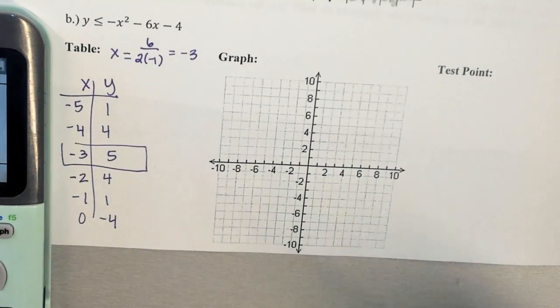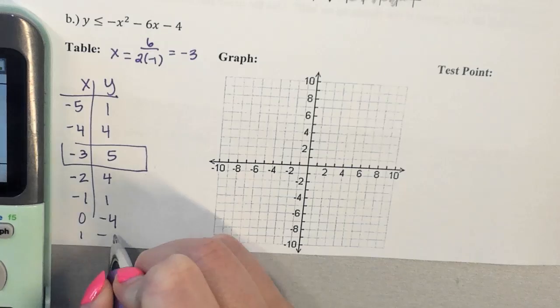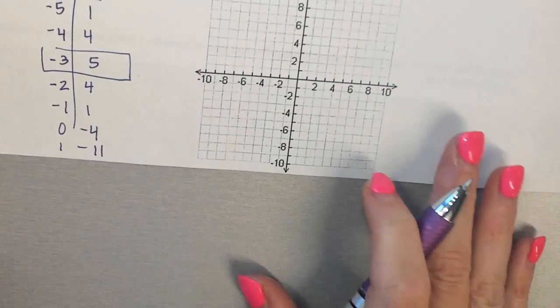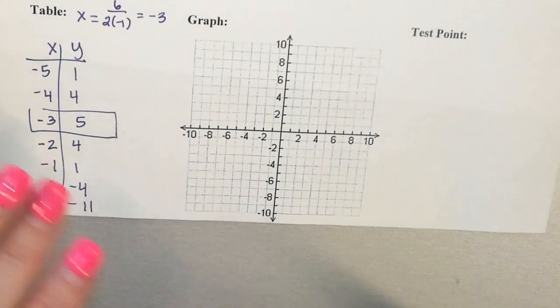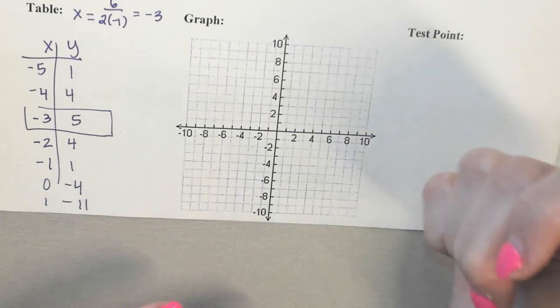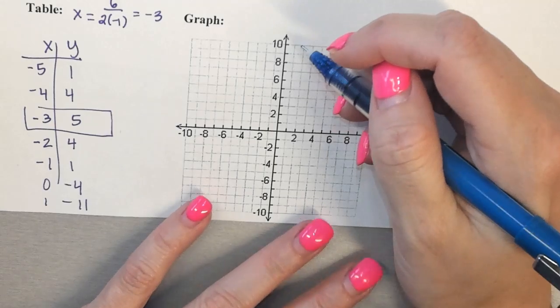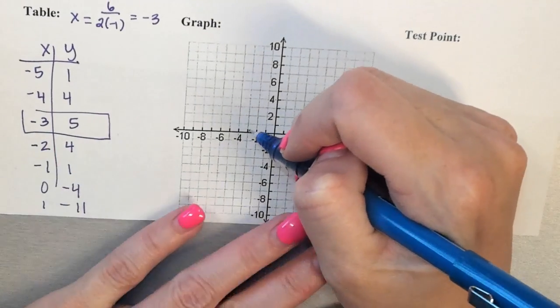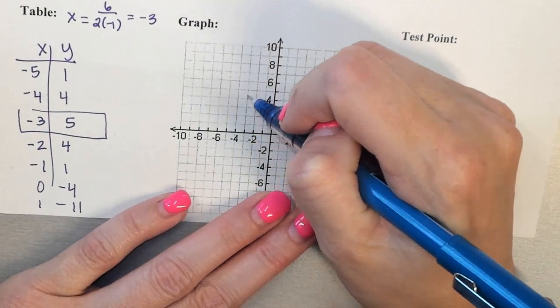That's going to be on there, so I should have that. 1 is negative 11, which is going to be just off my graph. Sometimes when people are graphing, if you don't span the grid, what can happen is you have some inaccurate points, and we don't want you to lose points for that. So we're going to go to negative 3, positive 5,